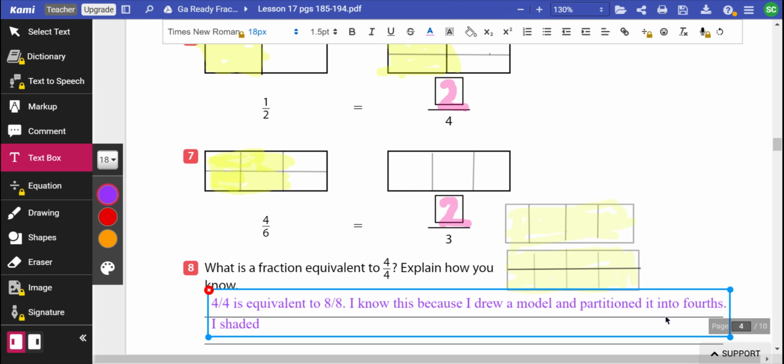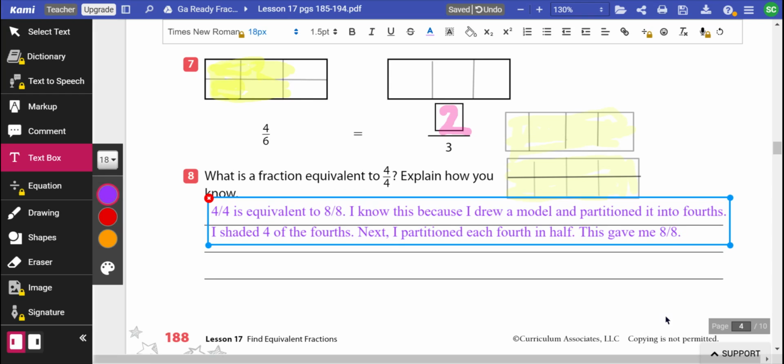I shaded 4 of the fourths. Next, I partitioned each fourth in half. This gave me 8/8 with the whole. I could also say another correct answer might just be saying how 4/4